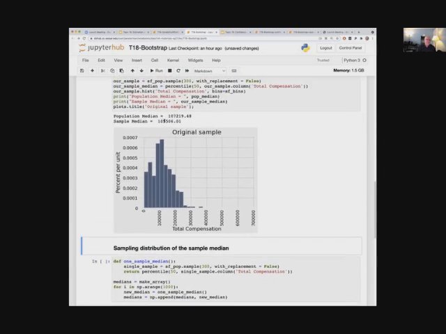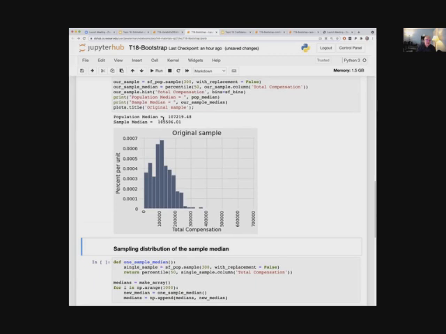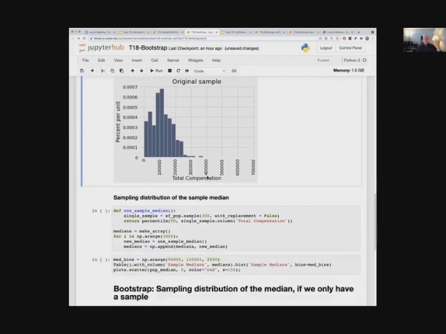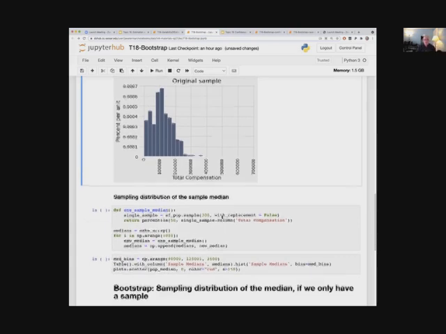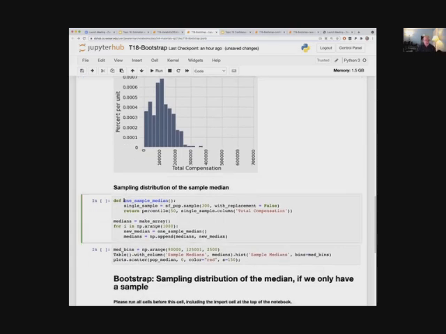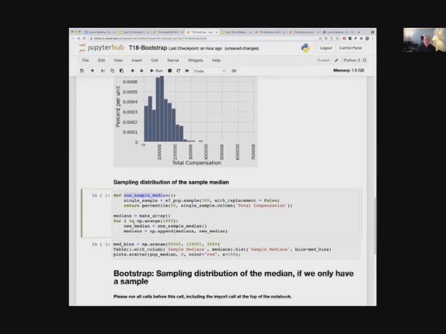And again, down here we just calculated the truth, the population median ground truth. And then here is the sample median from this statistic. And you can see it's again not a perfect reflection of our ground truth, but it's pretty close. So now what we're going to do is write a little helper function that just samples one median. This is not new. We did this before. And then we're going to accumulate. But the difference here is,